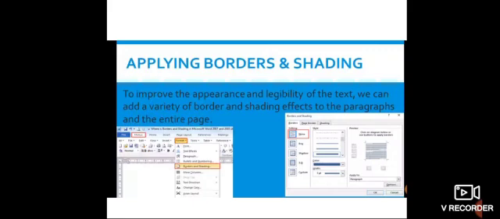Select the text, click on the drop-down arrow next to the Bottom Border button in the Paragraph group on the Home tab. Now select the Borders and Shading option from the displayed list. Now set the border style according to your desires, choose from the drop-down list of color option to select any color, and set the line width from the Width section. Now click OK and observe the change.